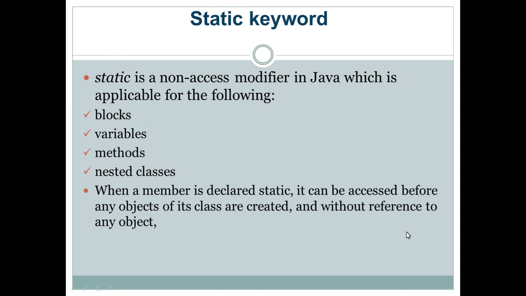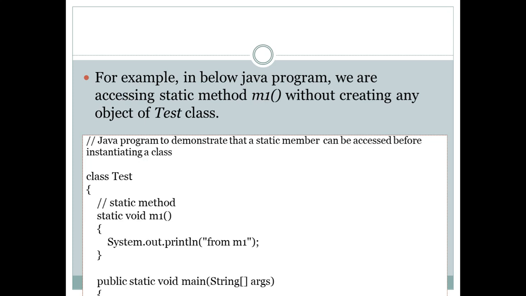So static variables are initialized only once at the time of execution. These variables will be initialized first before the initialization of any other. It is a variable which belongs to the class, not to an object, right? For example, in the below Java program, we are accessing static method M1 without creating any object of the test class. Now see here,